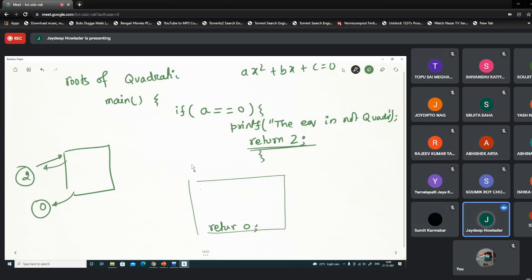Otherwise, there is no way to instruct the calling function that I have not done my part correctly. So I have to return something to the calling function: 0 stands for successful execution, and other than 0 has different meanings. It may be 2, 3 or something like that.